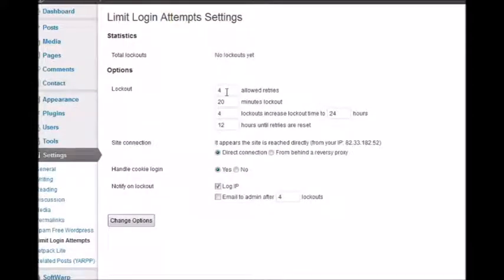Basically what it does, it allows them 4 times to try. This also applies to you, so you need to remember your password, but you should have that saved in your browser or somewhere safe. So they get 4 retries. If they don't get in within those tries, they're locked out for 20 minutes. That'll stop most hackers,